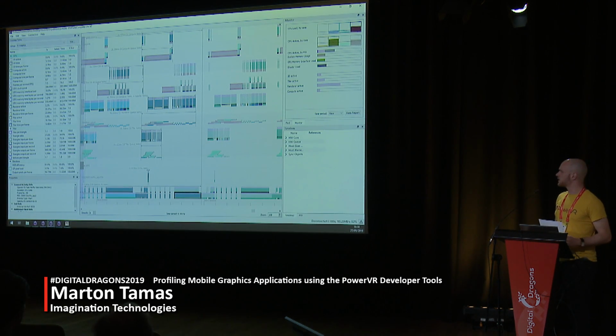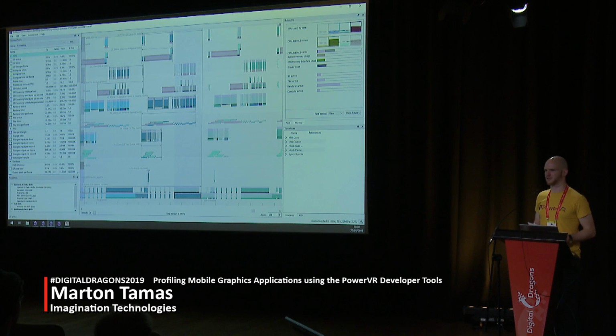So in this case, as you can see, we are quite CPU bound, so a number of CPU cores are quite busy. And if you look at the client stream data that you need to enable in order to see the API data, you can see here that we have 24 millisecond buffer uploads. So that is quite a problem,